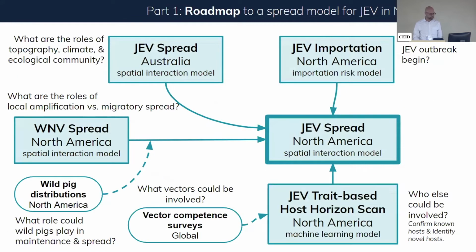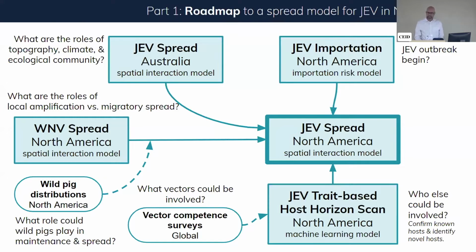So here's what I think we need to do. The big unknown is what would JEV spread in North America look like? I think potentially we could develop a spatial interaction model, which could then be used for scenario analysis. For instance, the last speaker suggested that the probability of introduction could be roughly the same between Mediterranean California and eastern deciduous forests. But the subsequent spread of JEV in North America might be quite different based on, for instance, the distribution of vertebrate bird populations, breeding bird colonies, and of course, feral swine.